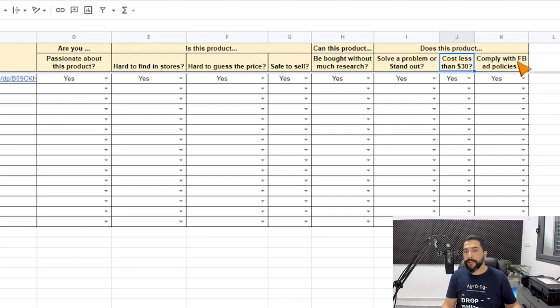And does this product comply with Facebook ad policies? Not just Facebook ad policies, but you can also check out eBay's Vero guide. Even if we're not selling on Facebook or eBay, all of these rules apply even when you're dropshipping on Shopify or any other platform or marketplace. It always helps to know the rules and regulations of what products we can and cannot sell and for what